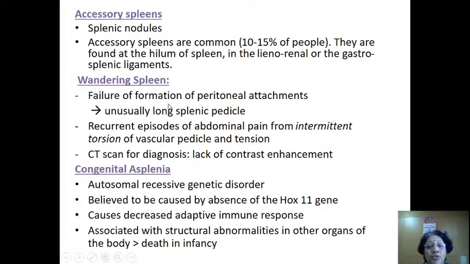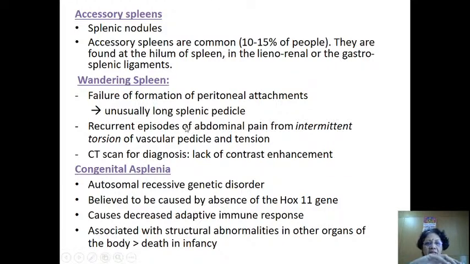If the peritoneal attachments which we talked about are not formed very well, then you will have an unusually long splenic pedicle. The double sheet, instead of being short and tight, is long and allows the spleen to hang a little more free, which is why the spleen may wander out of its comfortable niche under the left dome, and it may get exposed or abut on other organs. And if